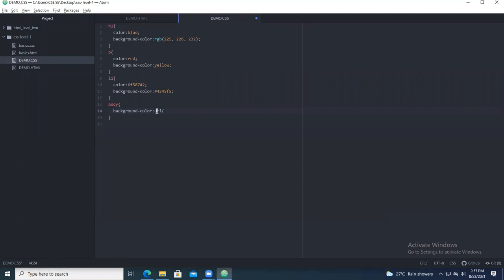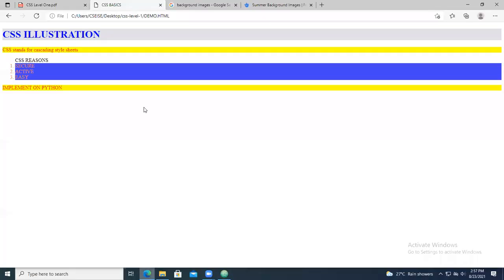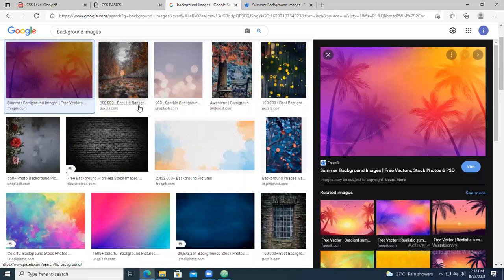So you can add a particular URL. So URL will be given. Go for the particular page. So background images. Under this, you can have different colors.